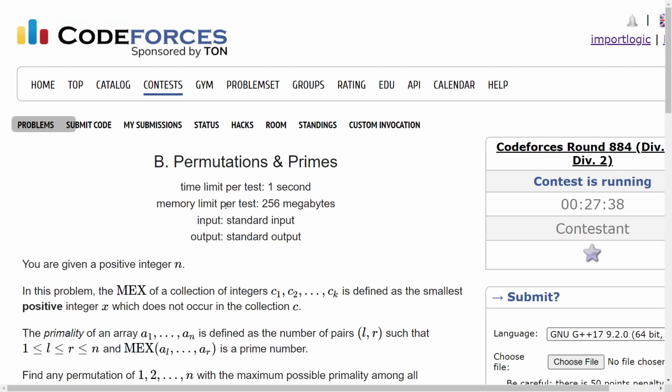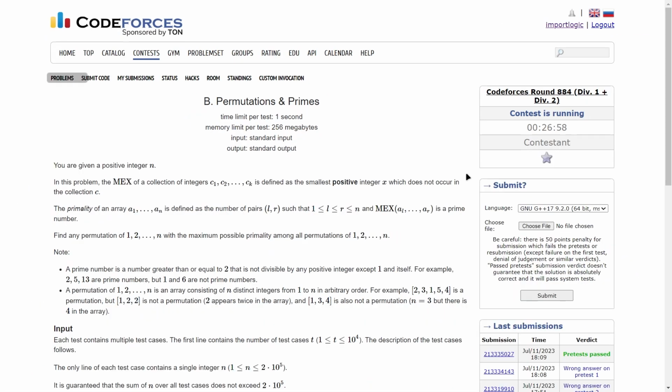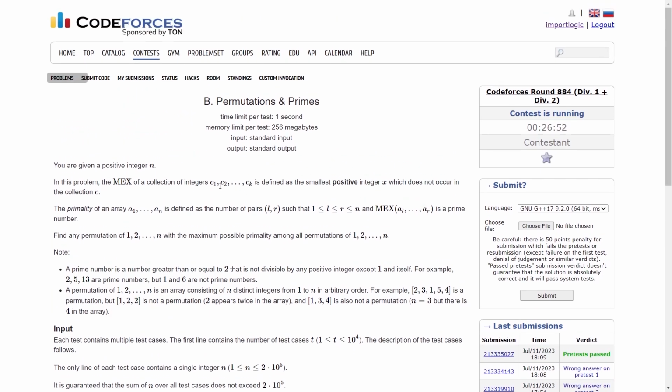So let us have a look at the second problem. This problem is Permutation and Primes. For this particular problem, I made a wrong submission on pretest 2. There was some error in my logic, but overall the problem says that we have been given an integer n and we have to construct a permutation of size n,